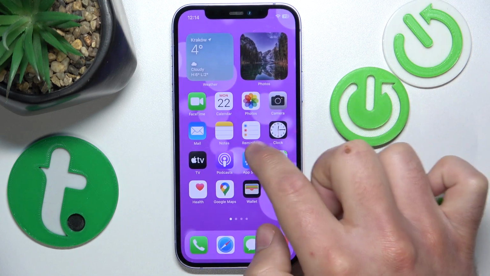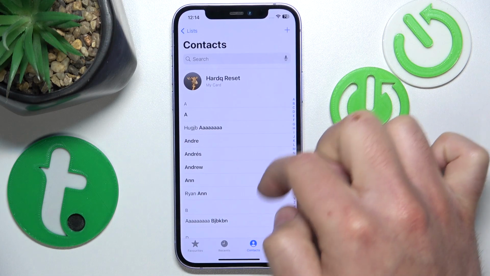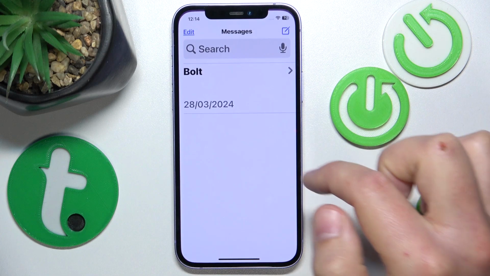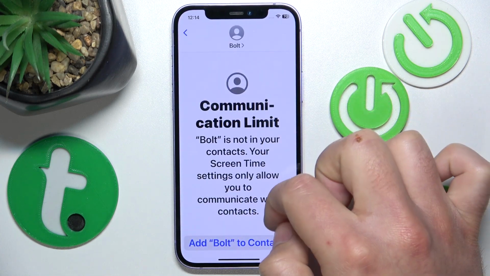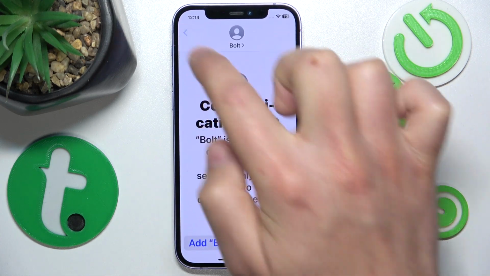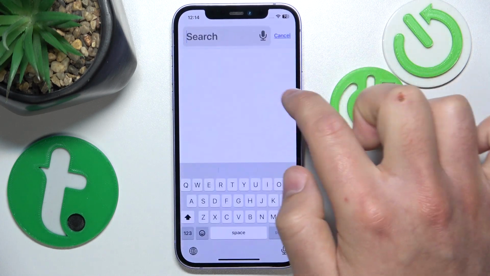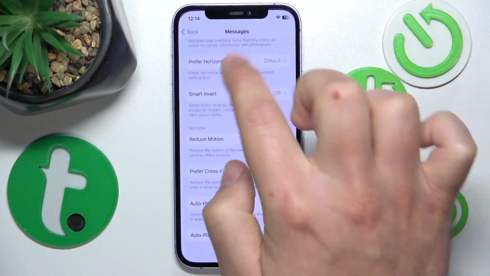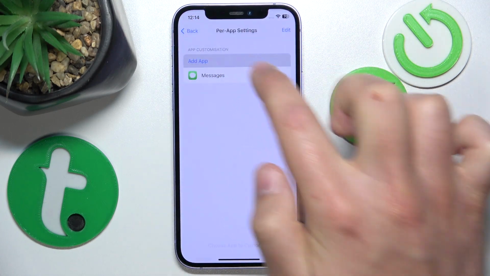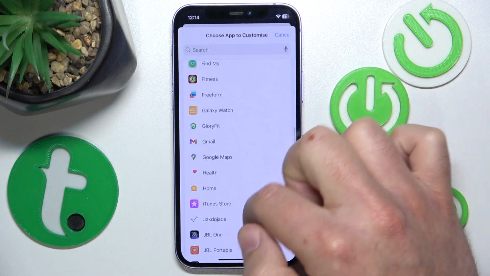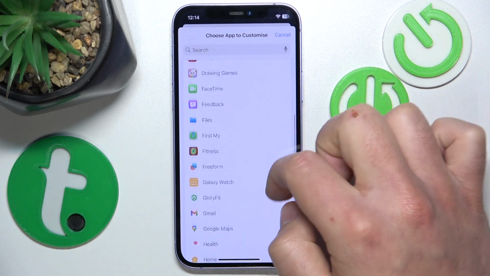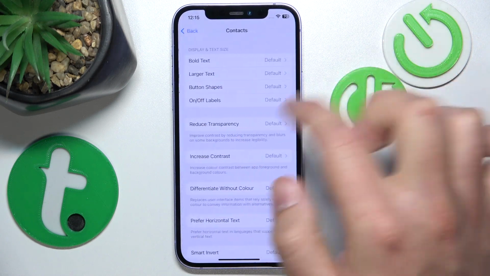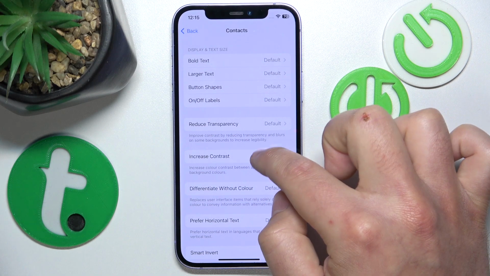So now, as you can see, every other application is normal, but if you go to Messages right now, as you can see, everything is bigger, just bigger in this specific app. And you can do it in the Per App Settings with every other application that you would like to. So we can do the same with Contacts, and here I'm going to change only